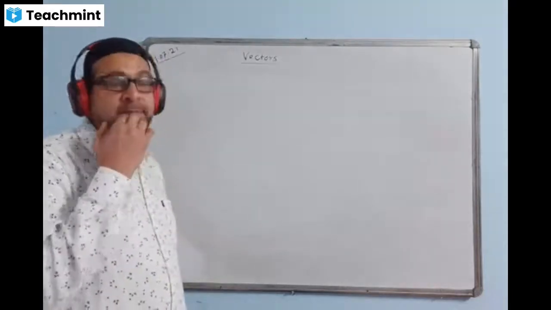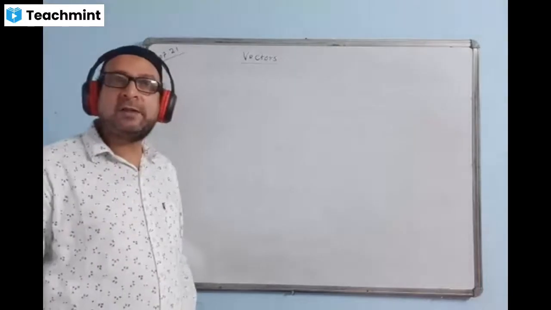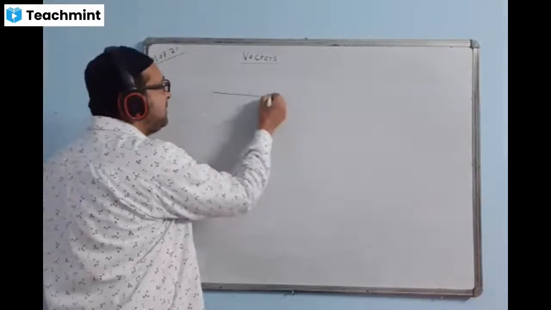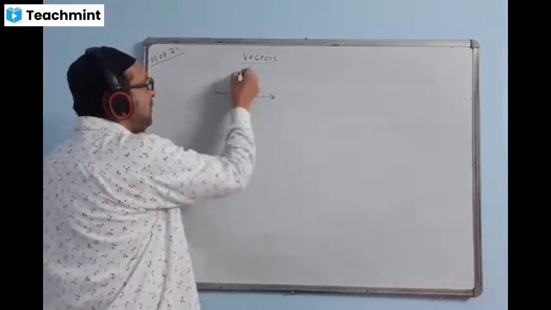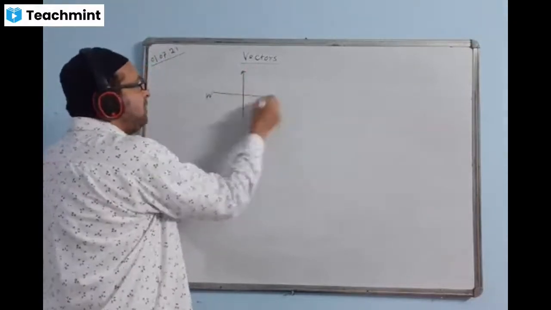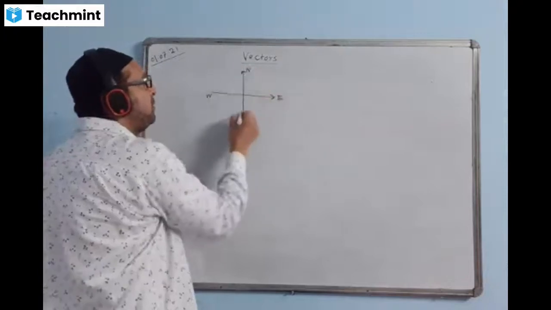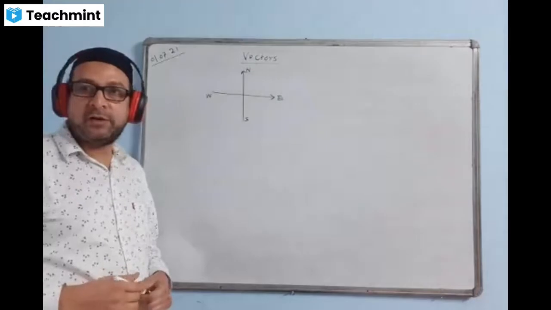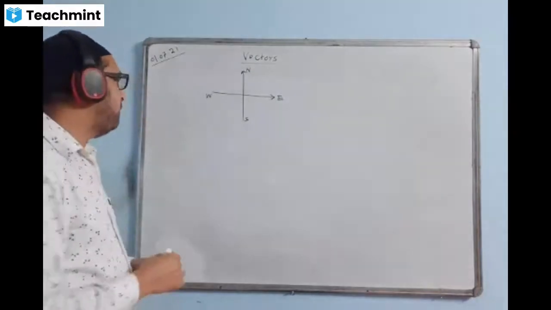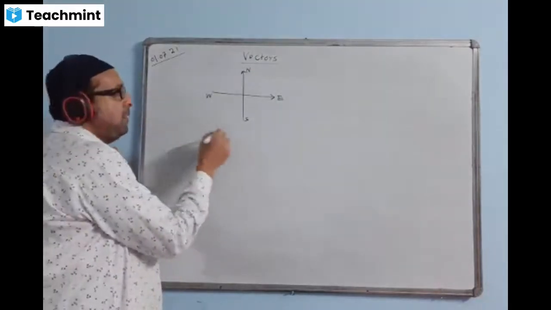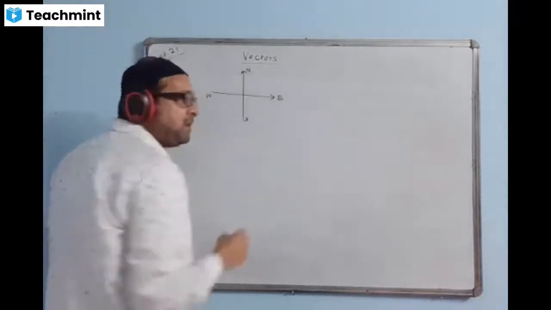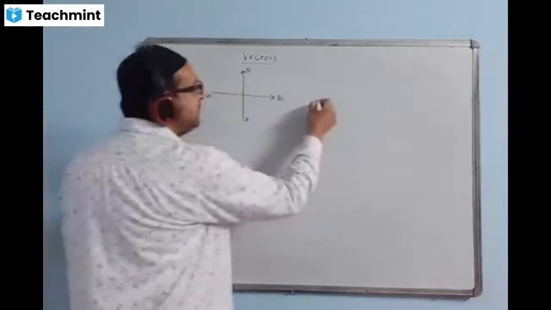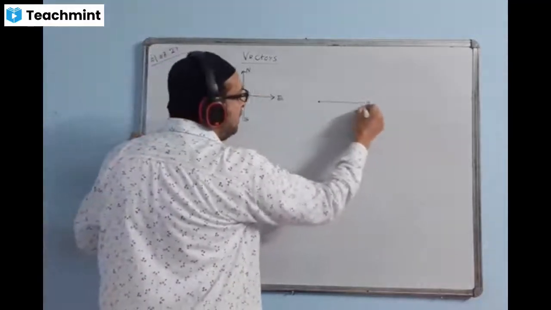Okay. Now wait. When the question talks about the directions south, east, north, and all, we will be drawing the map like this. This will be west, this will be east, this will be north, this will be south. This map we are following for the direction. First we check the car is moving initially in which direction? Towards east. East is this side. So I will just first show like this.